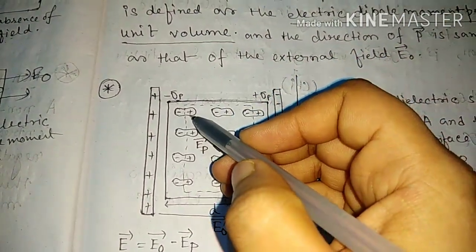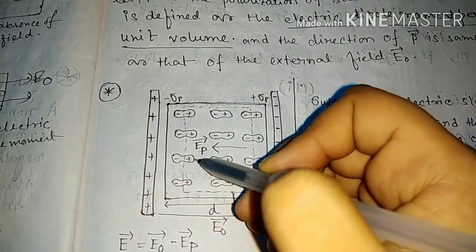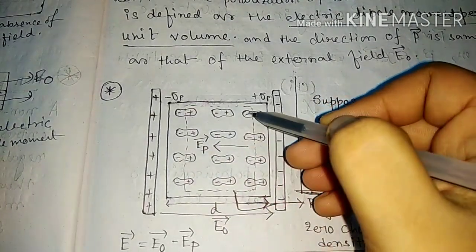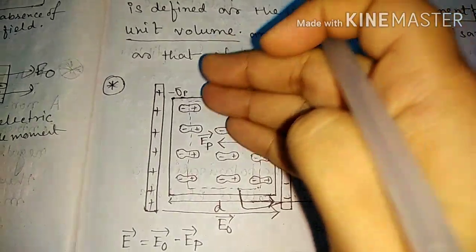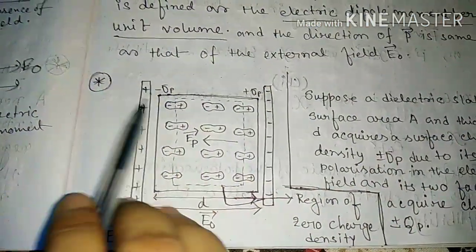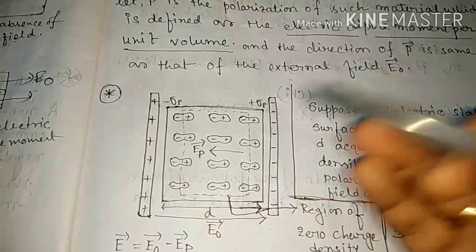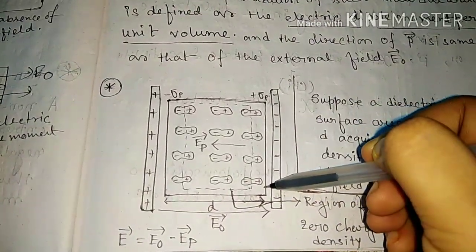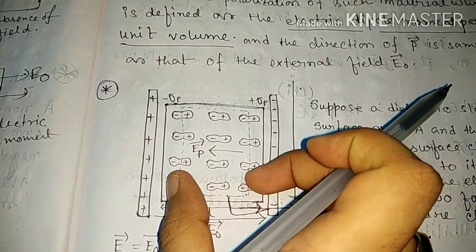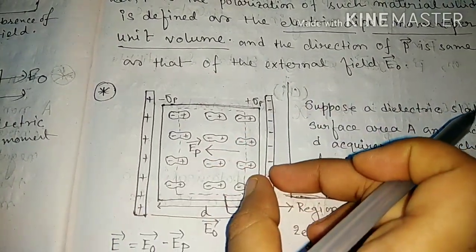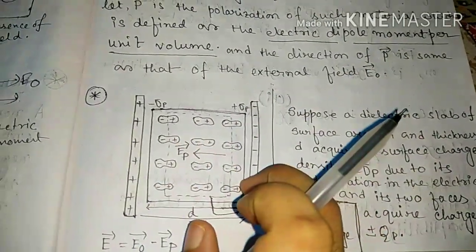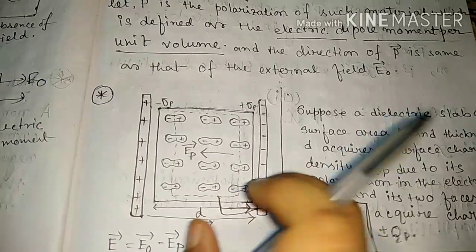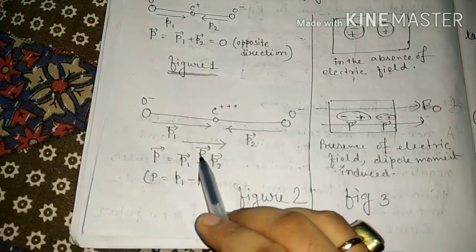Now in this case, this plus and this minus cancel each other, neutralize each other. So after cancelling inside, only negative charges are left on the left side, and on the right side only positive charges are there. There is a very long distance between this negative charge and this positive charge, because the others are neutralized. So this minus and this plus now act as an electric dipole, so it has an electric dipole moment, and this one is the dipole moment P.